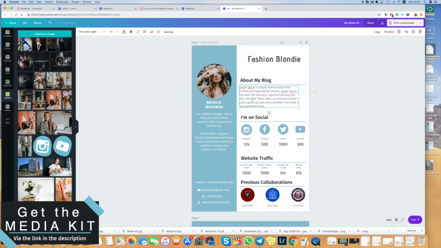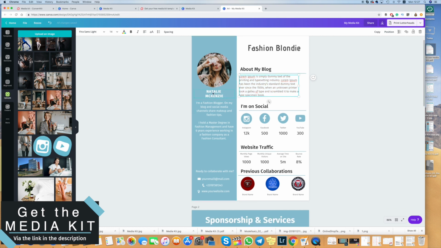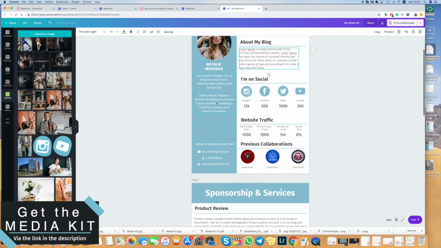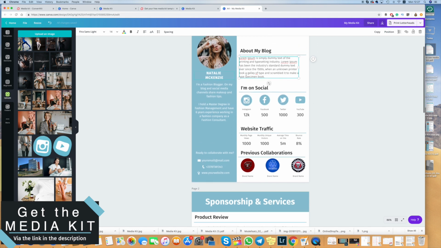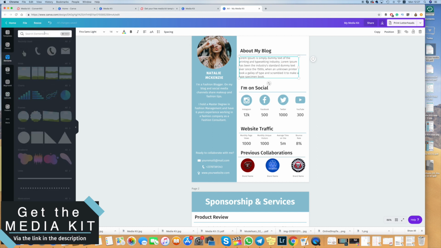So here you can write shortly about yourself. In the left column, your name, in short words about yourself, your social media channels. If you don't use one of the social media channels or use another social media channel, you can easily edit it by going to Elements and typing the social media icon that you need. For example, I would go for Pinterest,